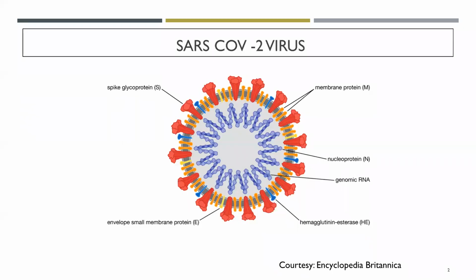So coming to the SARS per se, I want to tell in this diagram about the different membrane proteins that are there: spike glycoprotein, the nucleocapsid with the genomic material, and the enveloped small membrane protein, because most of the drugs that are involved in COVID-19, especially with the